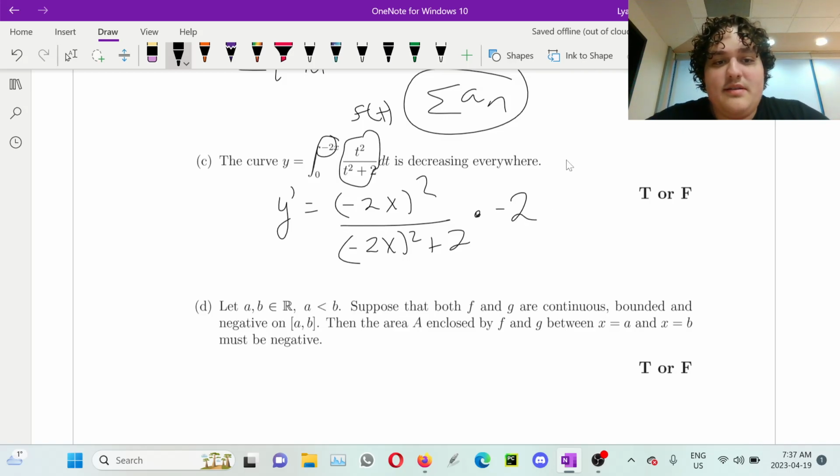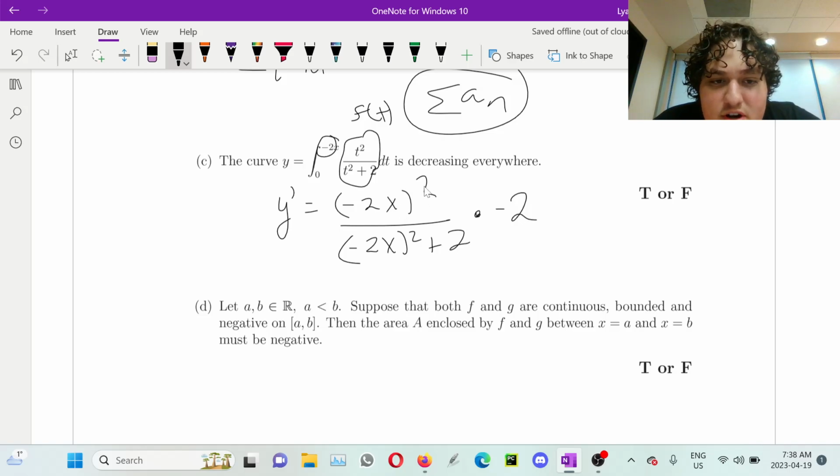Basically, the way you can think about this is that the theorem states that if it's from 0 to x, then you can just plug x into the function to get the derivative of the integral, the accumulation function. But in this case we have minus 2x, so when we take the derivative we have to first take the derivative of the outer function, which is the accumulation function, then take the derivative of the inner function. Okay. So now we see that for any x,